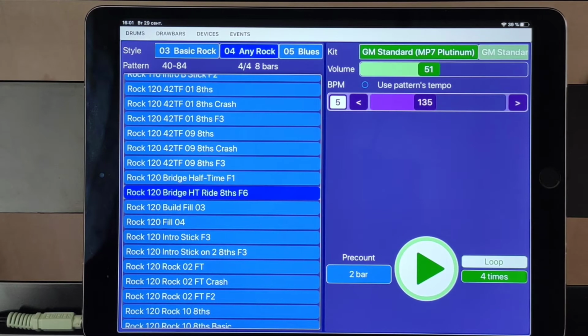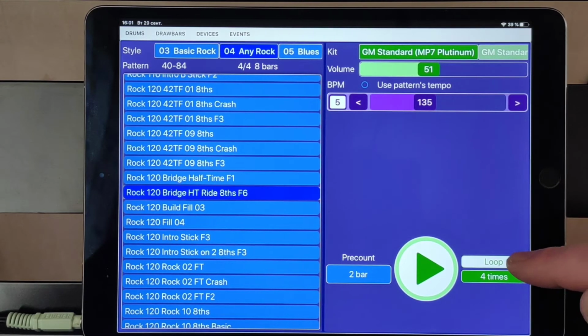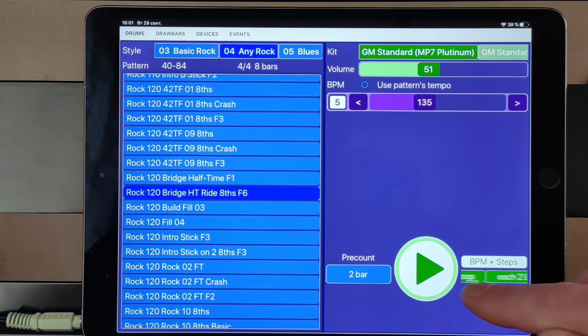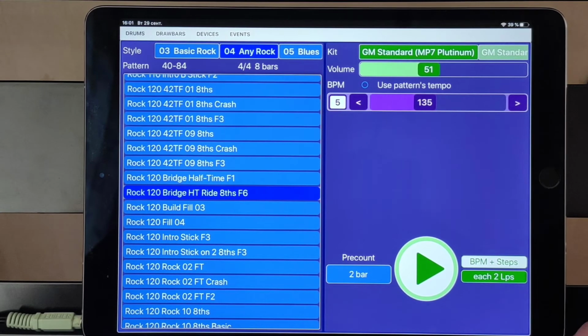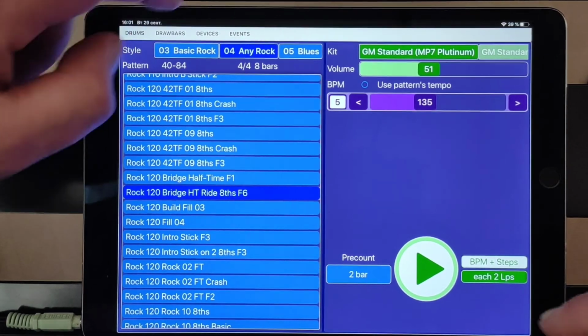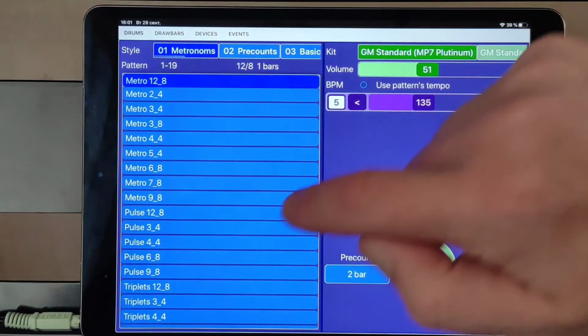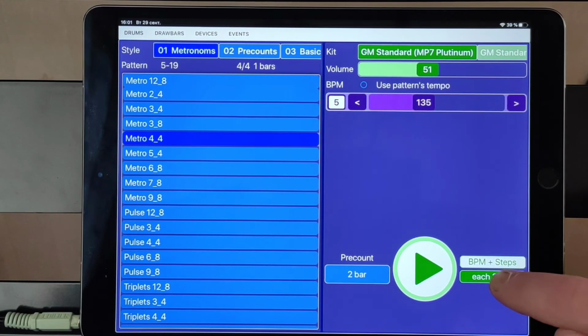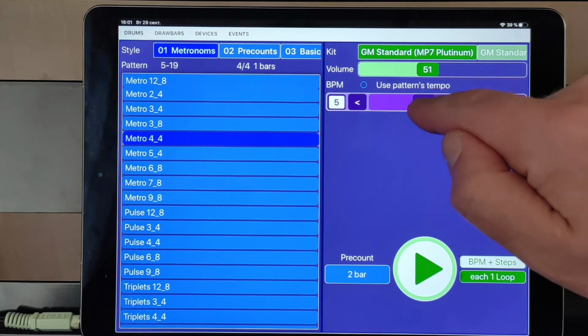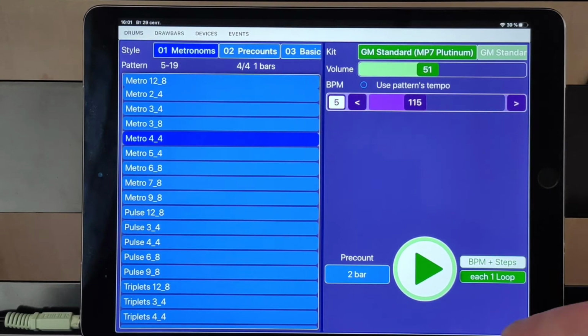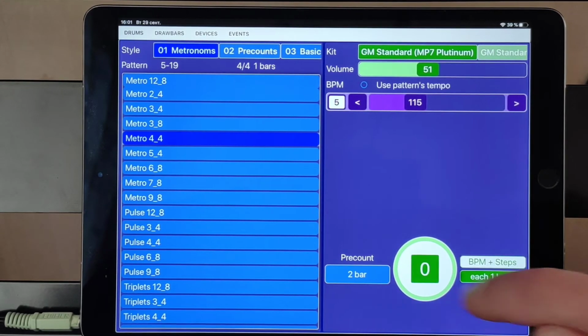In addition, loop control can be changed to BPM+Step control, and here you can say that you would like to increase speed of playing the pattern, for example, every 2 loops. Let's take something easy like metronome to show how it works. For example, every 1 loop we will start with, for example, 115, and every 1 loop